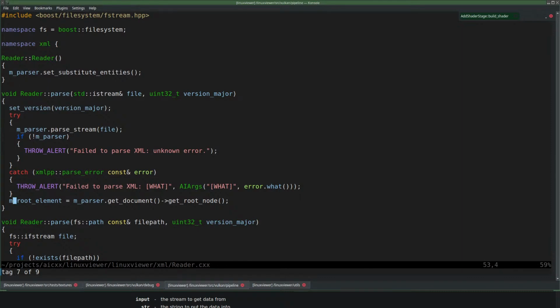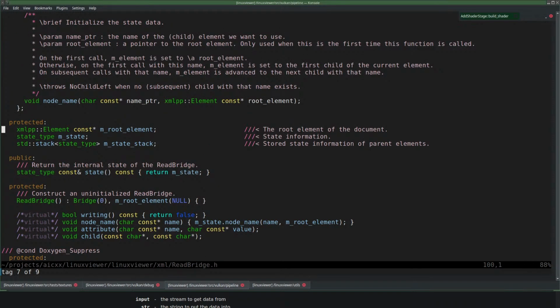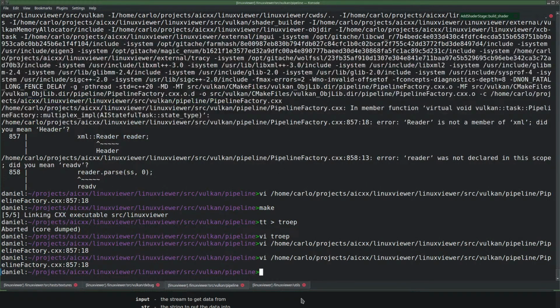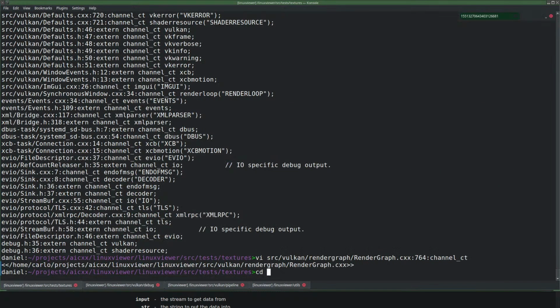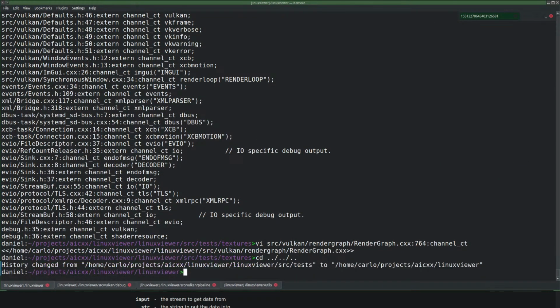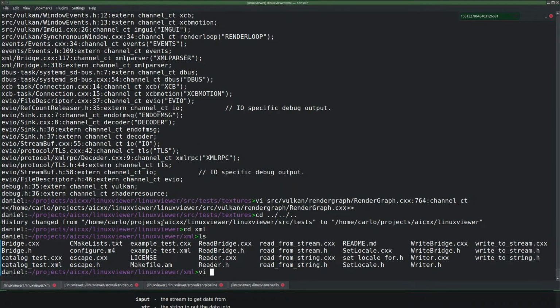It would create the root elements. Okay, I'm doing something wrong. Let's have a look at something working here. Let's go to XML and then look at an example here.